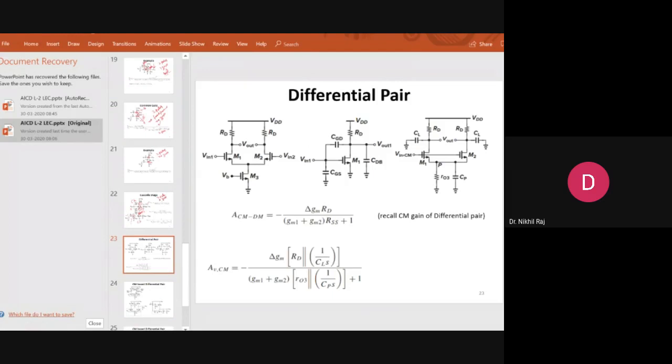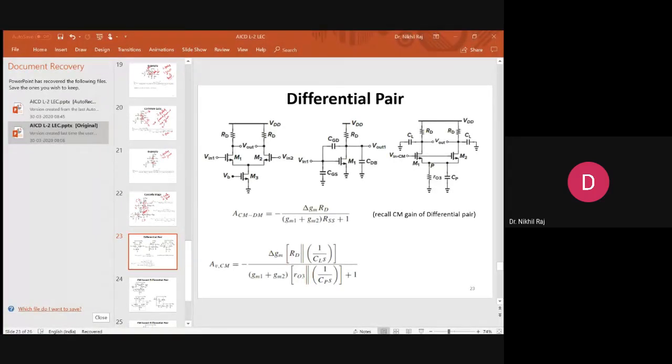Right, now coming to slide number 23, differential pair. Here in the differential pair, we have to see what is the effect of capacitance. So this is the differential pair, and for the analysis a half circuit method is used. So this is your common source amplifier, CGD is there, CGS, all the capacitances are introduced here. So when we calculate the differential gain, earlier we covered common source, this CGD will take part through Miller's capacitance, and then we can predict the V out by V in ratio, the gain.